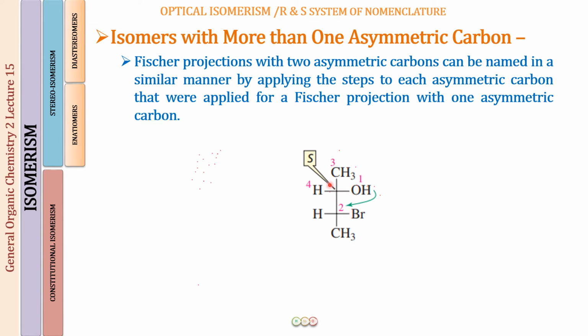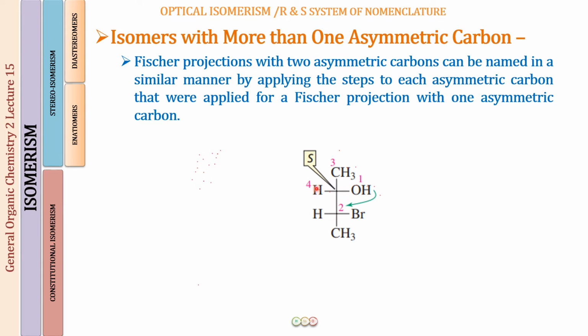So again, you know that C2 and C3, they are chirality centers because they are surrounded by four different groups. So when you talk about C2, again, what are you going to do? Well, you are going to number the priority order for the four groups. So OH is going to be 1. This carbon with a bromine, CH3, and hydrogen will be group number 2. CH3 will be 3 and hydrogen will be 4. What are you going to do? Again, you're going to make an arrow from group number 1 to group number 2. So what are you saying? This is in the clockwise direction.